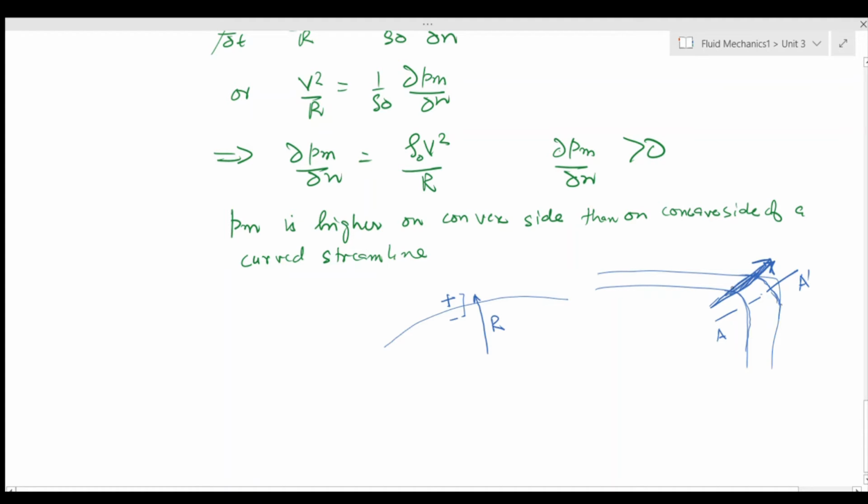So at the A dash side there will be more pressure as compared to A,